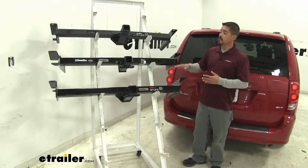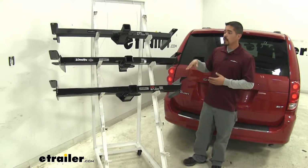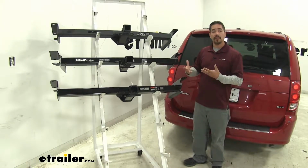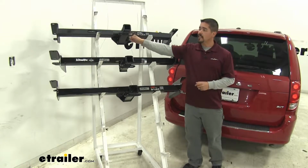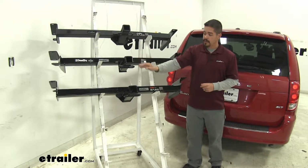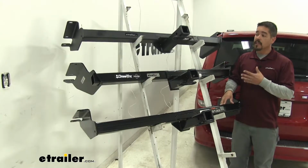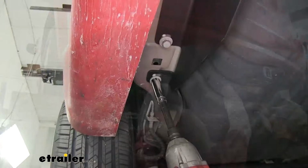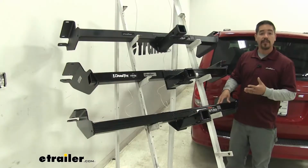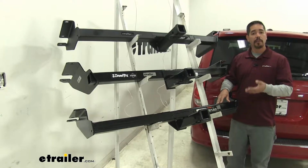Aside from all three hitches being a Class 3, they're all going to have a very similar design to each other, which means they're going to look the same on our Caravan. The cross tube is going to be behind the bumper, and all we're going to see is that receiver tube sticking out. And since they're going to share such a similarity when it comes to design, they're going to install exactly the same. None of them require any kind of drilling, and they're all going to use factory hardware. So we're just going to have to simply pull out a couple bolts, put our hitch up, and then replace